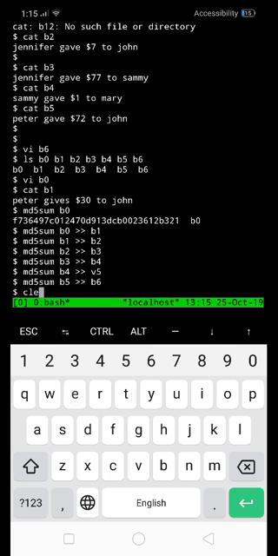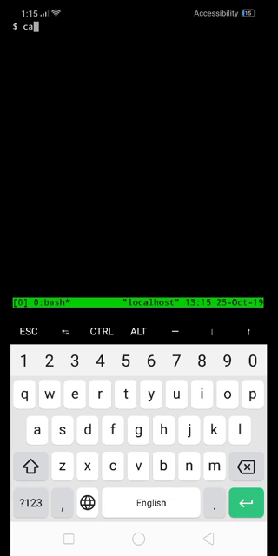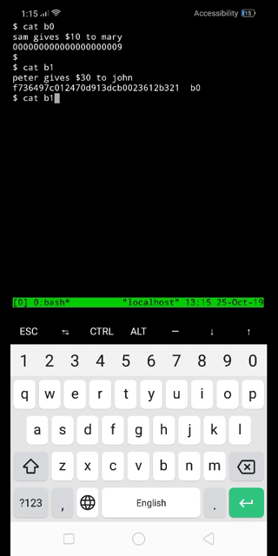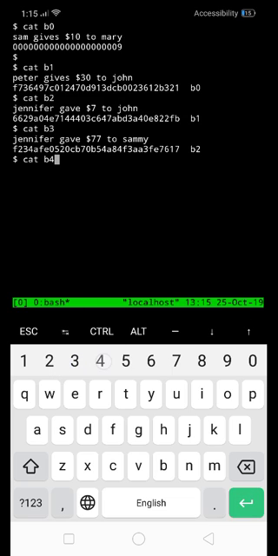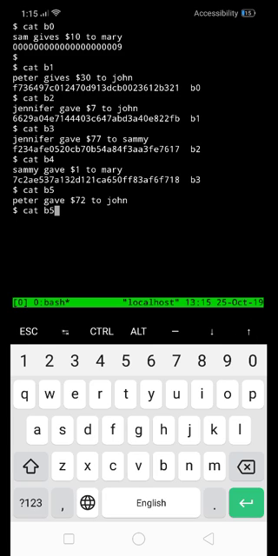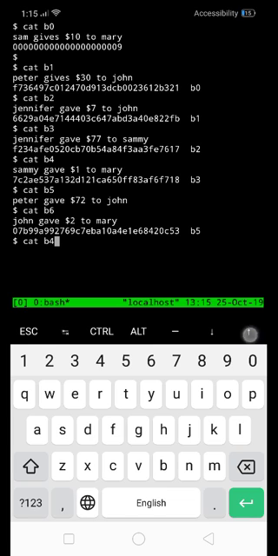Alright, let's clear screen. Let us check our blockchain. Okay, I missed putting the checksum in B5. Let me correct that.